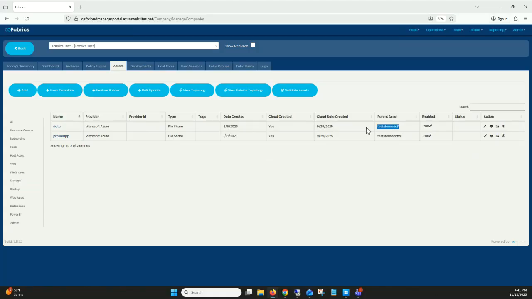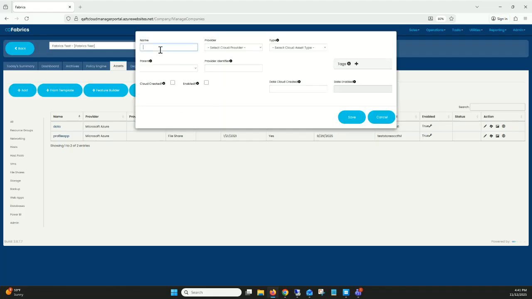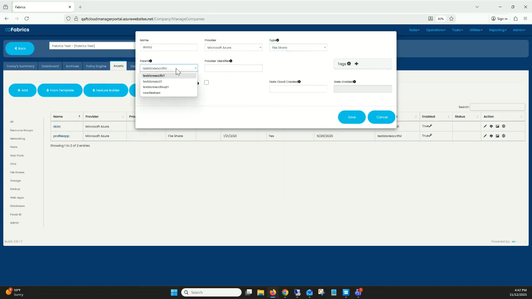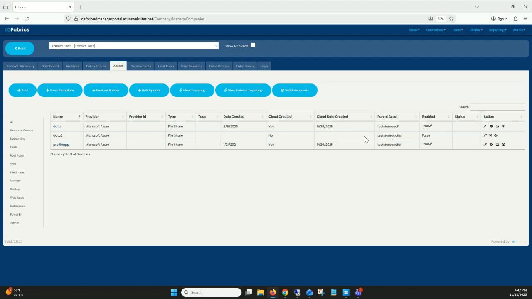So here you can see we have one file share in this storage account called data. Now I could add another file share to my premium one, say called data 2, and pick file share, and then pick which one, the storage account FS2. Oh yeah, that's correct. Click save,